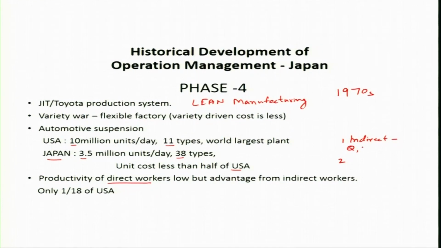Indirect workers are in the form of quality control persons, maintenance persons, housekeeping persons, material movement persons, and like that. So, these are the indirect workers who are not adding value. And how are the Japanese able to cope up? They give the ownership of the machine to the worker. That means a direct worker who is producing will be responsible for quality, and for the regular upkeep of the machine. They work on JIT, by which material comes directly to the line, not going to the warehouses, and all such internal movement is reduced.